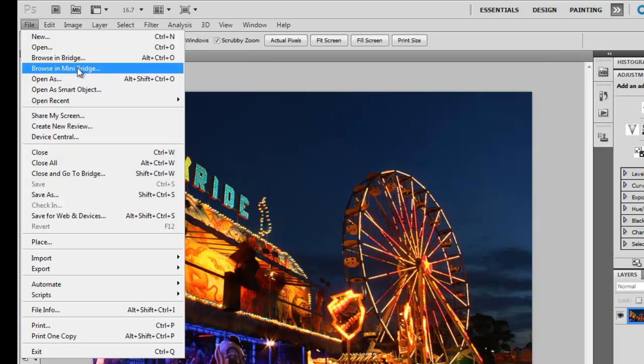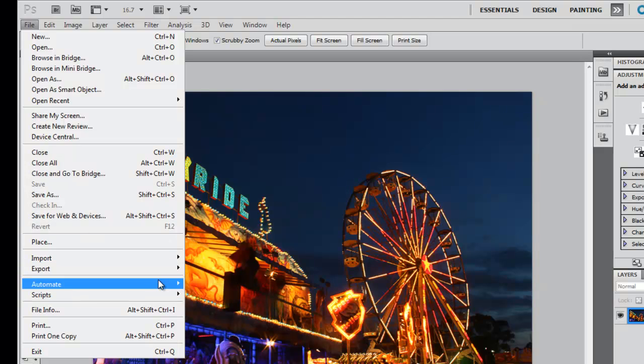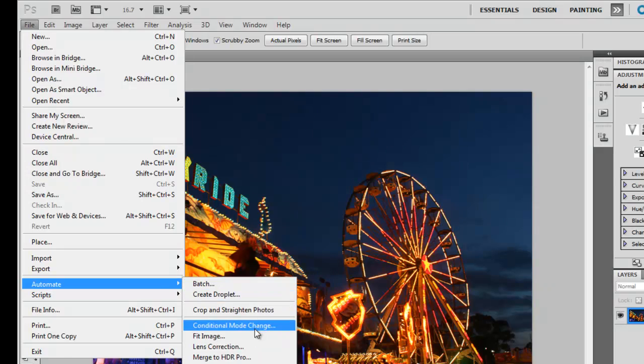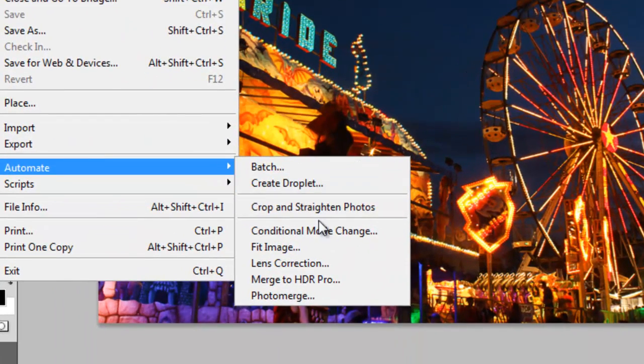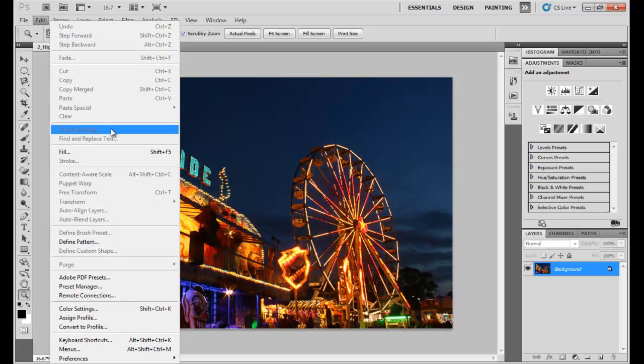Open, top here. Close, revert, that's if you want to get your image back to stock standard. Save, obviously, or save as. Automate, there's some things hidden in automate that you might not know about, which is batch, that's for doing batch and the big jobs. Lens correction, merge to HDR Pro and photo merge, and print. That's sort of it for the file panel,